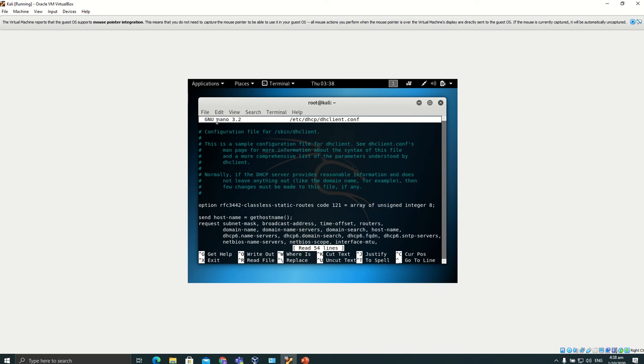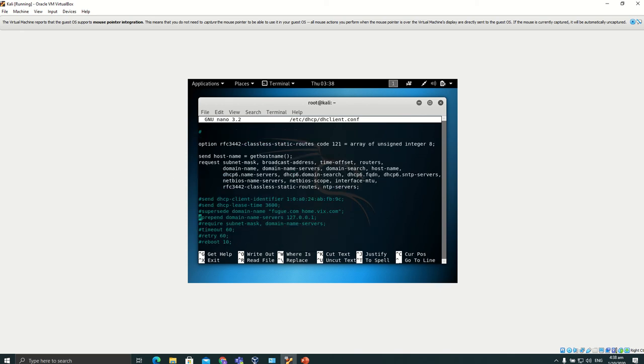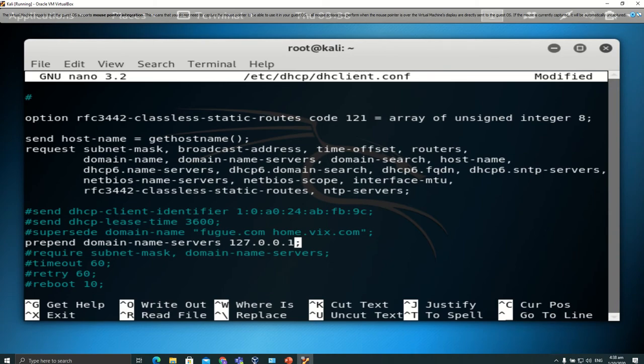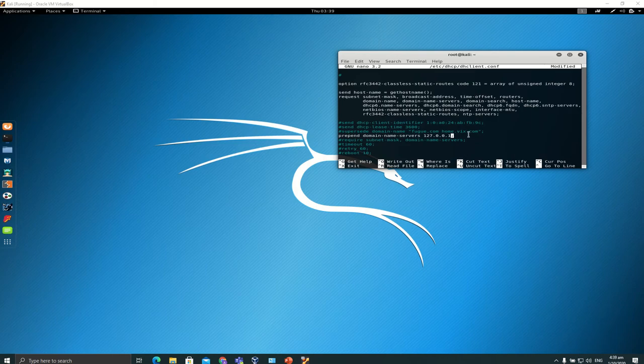Yep, now what we need to do is we need to go all the way down to prepend domain-name-servers. So we need to look online. I'll just make this bigger. Okay. So we need to change this and add